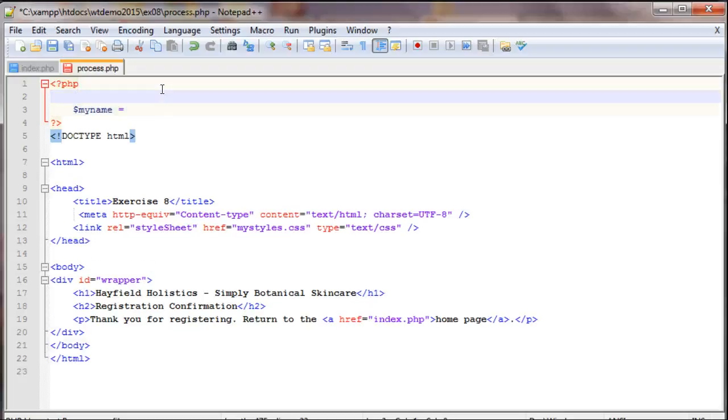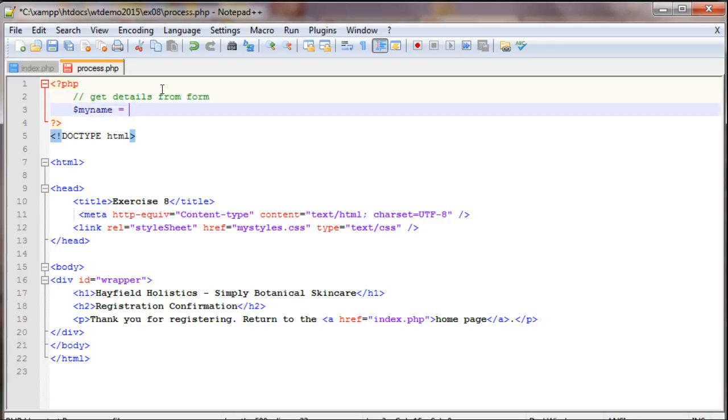So I'm popping it all the way up here, and I'm going to write some standard material. So perhaps I should write a comment in here. So get details from the form. So $myname equals $_POST,